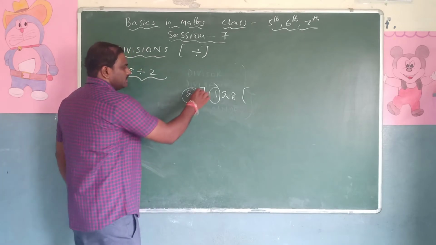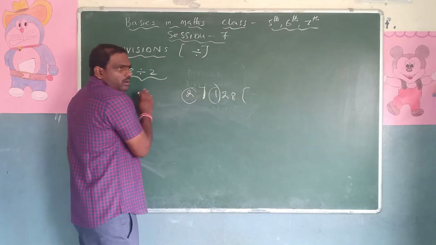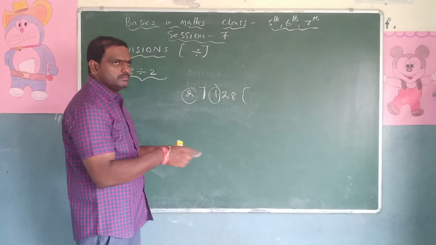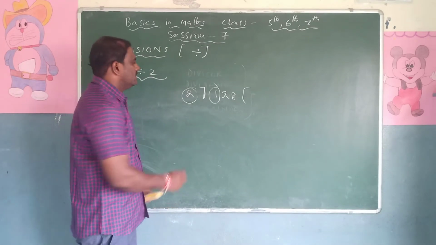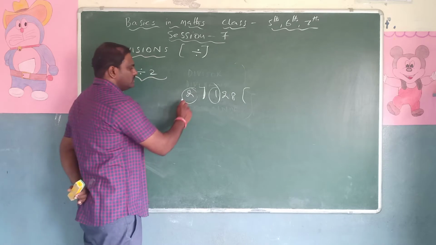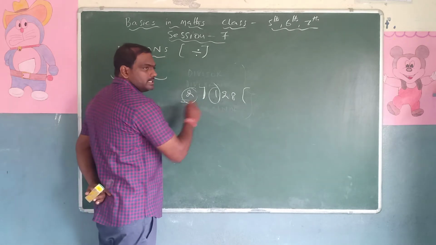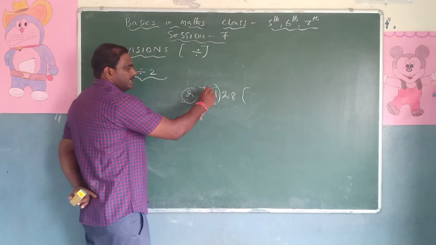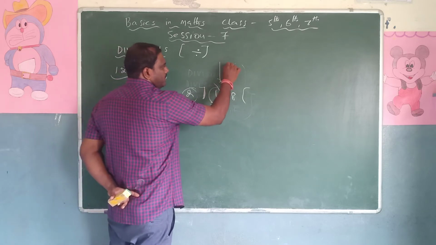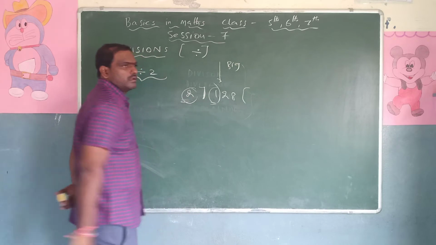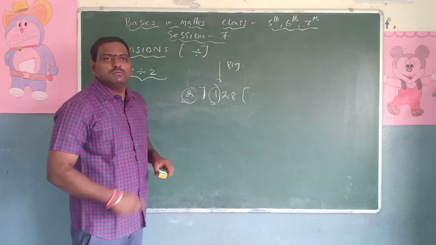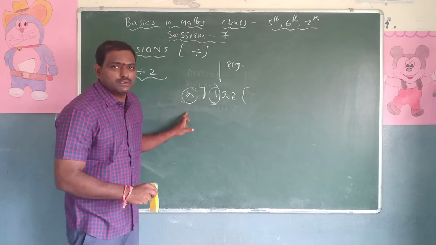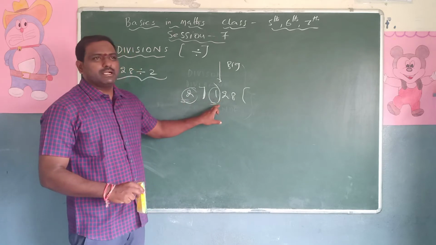The second point is the number outside the bracket and the number inside the bracket. I am telling you so that you understand. What is the number outside the bracket? 2. What is the number inside the bracket? 1. Right? Always the number inside the bracket must be big. So which is bigger now, 2 or 1? 2 is bigger, but actually what should be bigger? The number inside the bracket must be bigger.